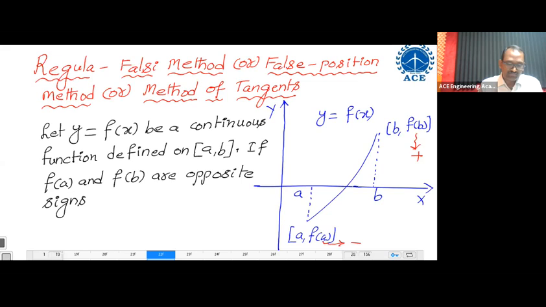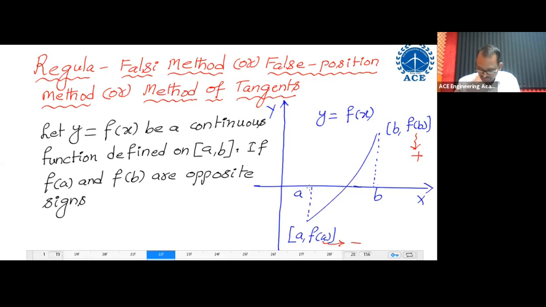In the bisection method, the first approximation is the average of A and B. Whereas in the regula falsi method, if f of A and f of B are of opposite signs, then between A and B,